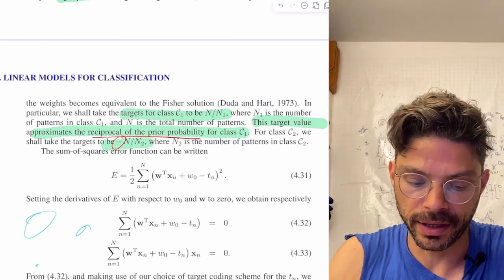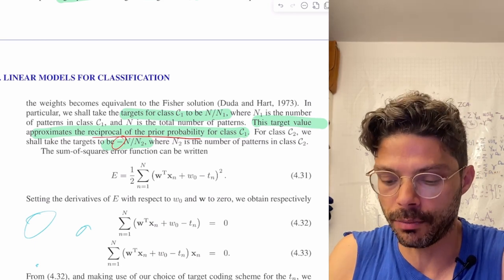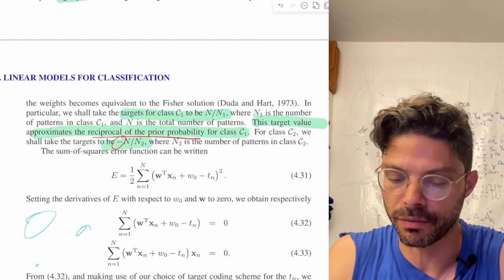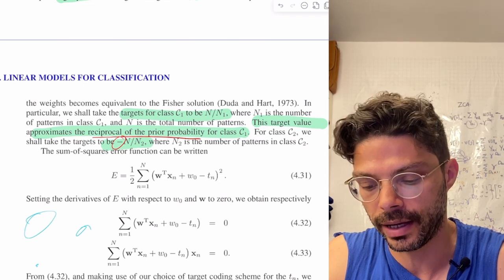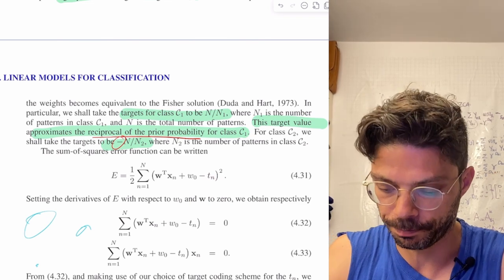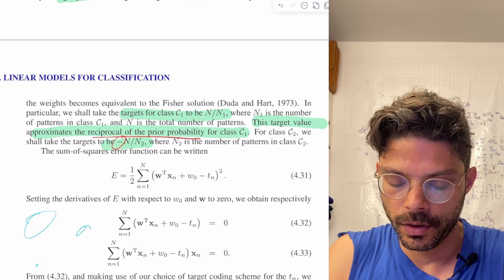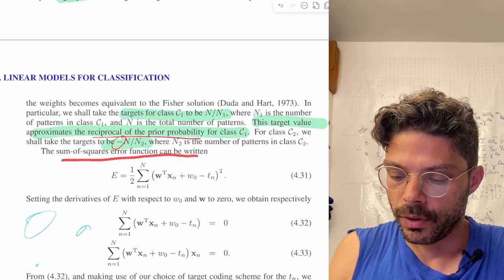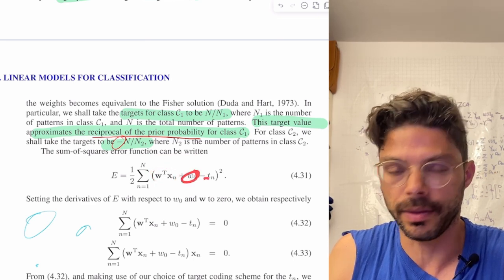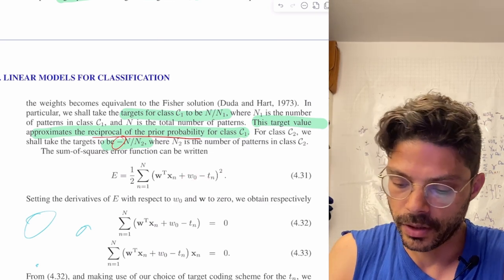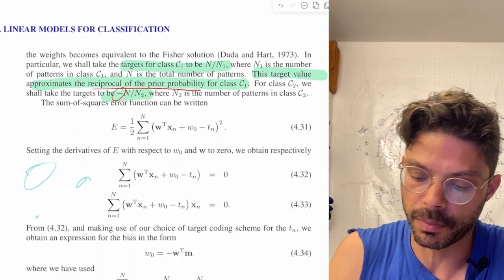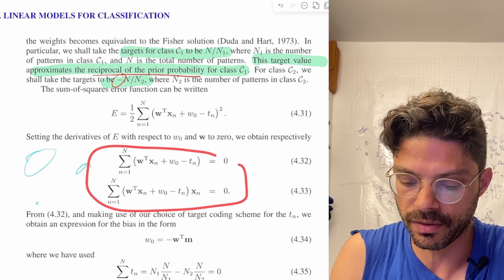Now we're going to look at the least squares criterion with our new labels. Instead of a one-hot encoding, we just have plus N over N1 and minus N over N2, determined by the true labels. The sum of squares error function can be written like this: we're finding a projection of the point, with some bias term, and subtracting out the true value. Then we just do the normal thing. We set the derivatives of E with respect to w0 and w to 0, and we obtain, so far just very standard,